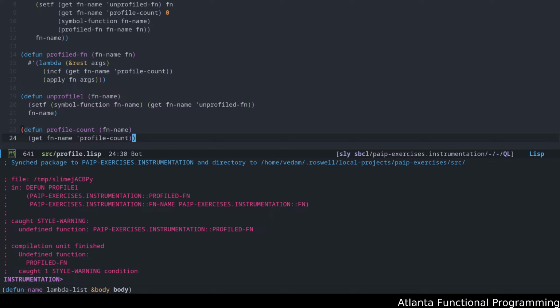Even though Common Lisp is a Lisp-2, symbol functions have to have unique names, and symbol values have to have unique names. But the same symbol can be used for a value and a function. That's where the confusion ends up coming in.